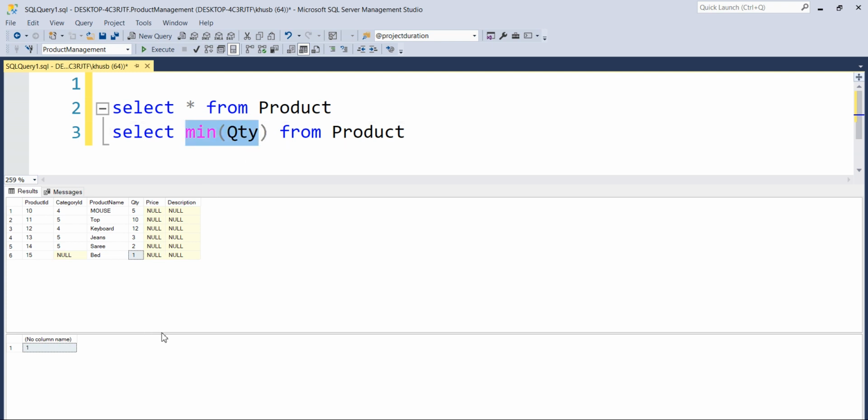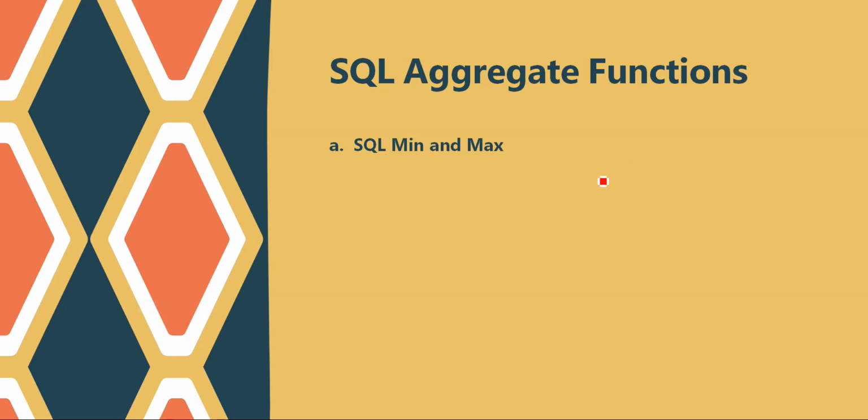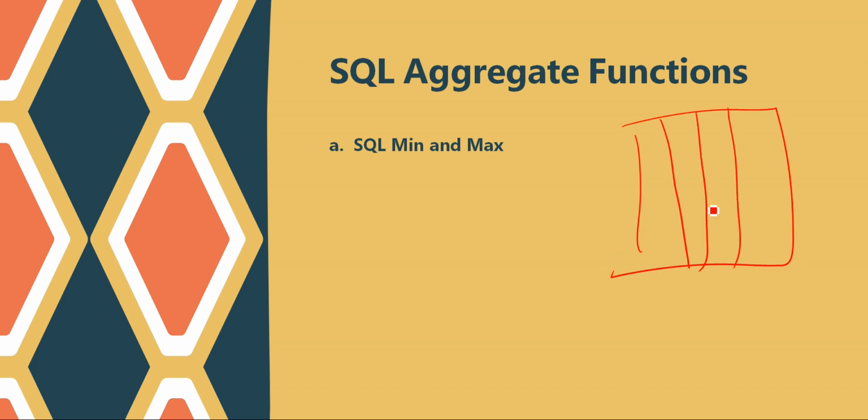Now one more thing you have noticed is that in this column name it says no column name. This is why, because whenever we create our table for the first time, we all specify the name of the columns, right?